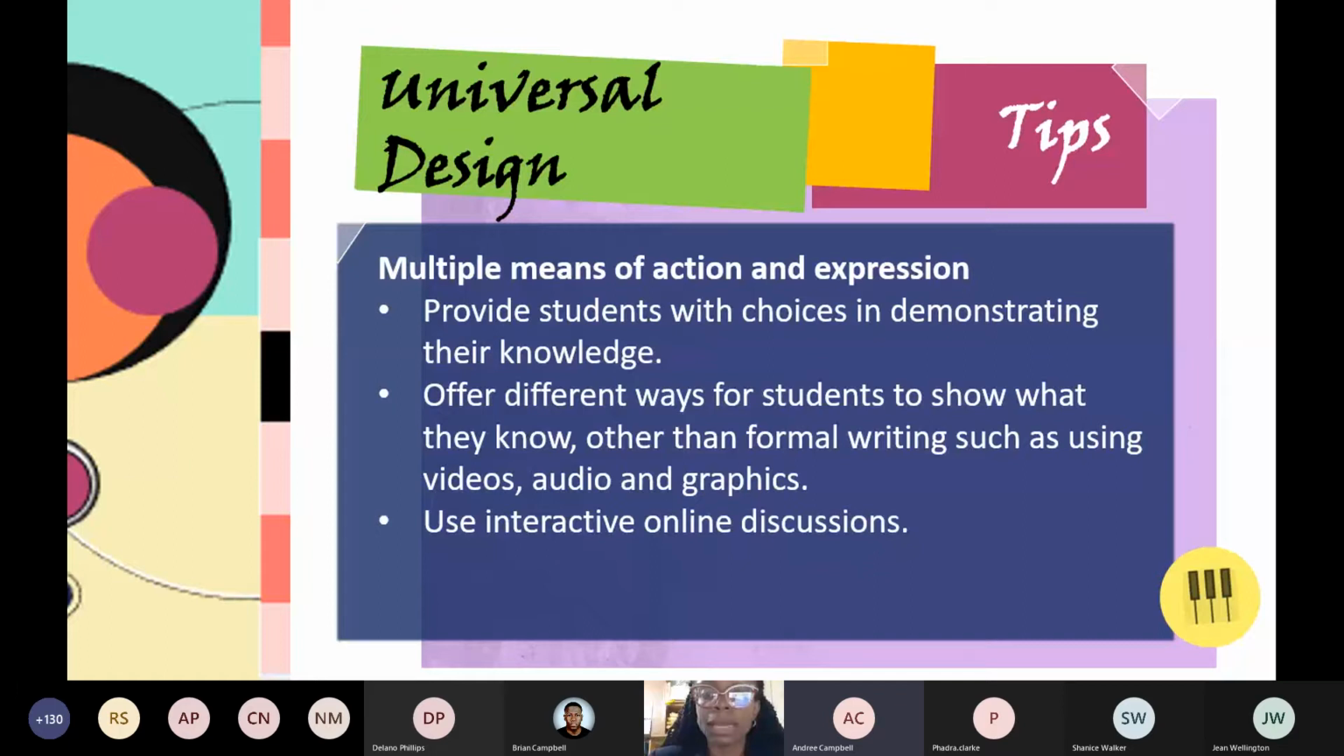Now, in doing that, we can allow students to choose. So we're going to give them options now. Would you like to do a written document? Would you like to upload a formal document, an essay? Or would you perhaps like to use a video? Would you like to create a video or an audio or perhaps a poster to explain what you understand, to demonstrate your knowledge? So here now, we're allowing all the students to be able to participate and express how they